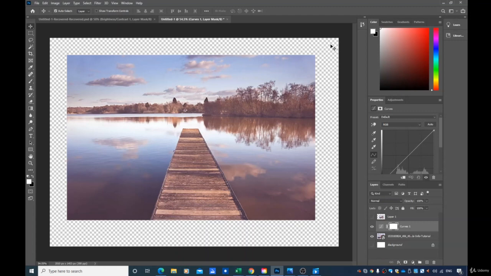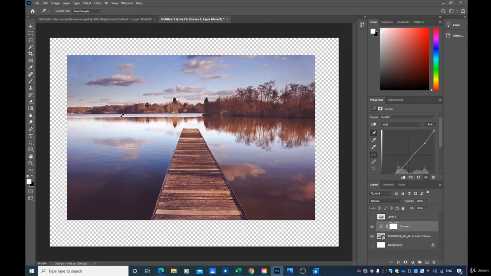So first thing that we want to do, instead of playing with the curves and everything right here, it's gonna be good but not as good as we want it to be. So first thing, we'll simply click on auto and see what it looks like. Okay, that's not bad, but that's still not what we are looking for. So what we'll do, we are going to work with the three little things right here. Pretty simple. This is the darkest color, this is the brightest color, and this is the gray color inside of our picture. So we'll start with the darkest color right here, and what we want to look for,